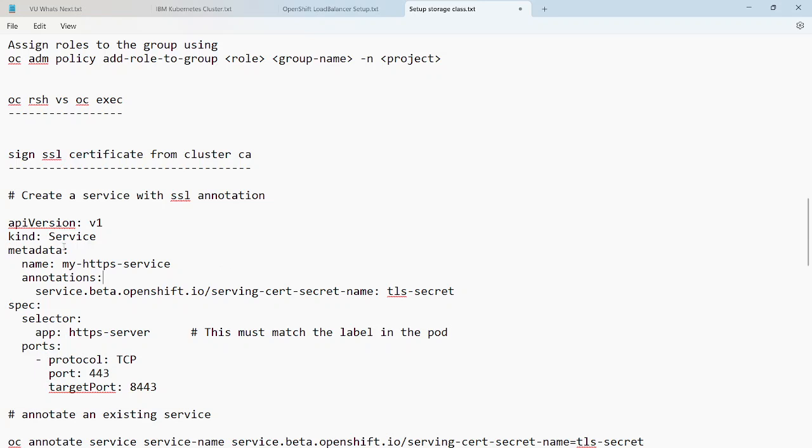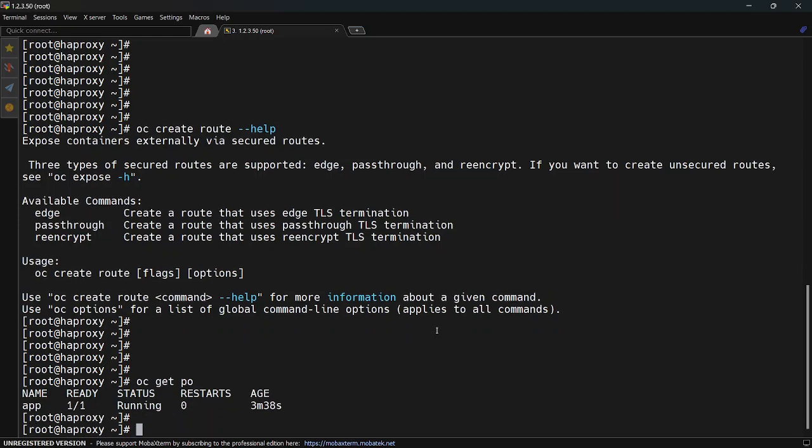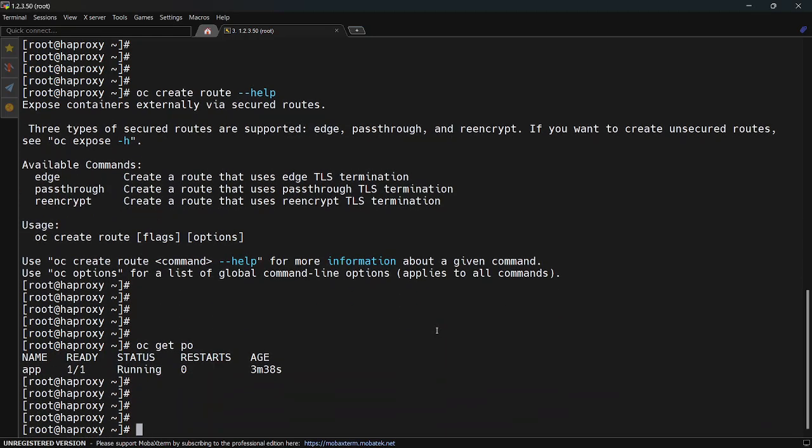So this annotation is specific to OpenShift and is doing this job. I can create a service like this. For example, I want to apply the SSL certificate in this pod. So first of all, I need